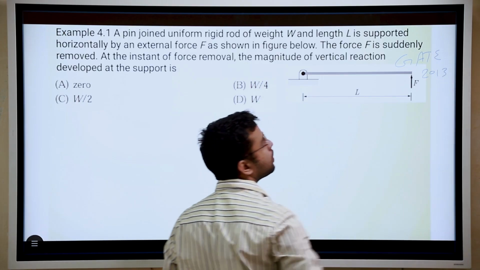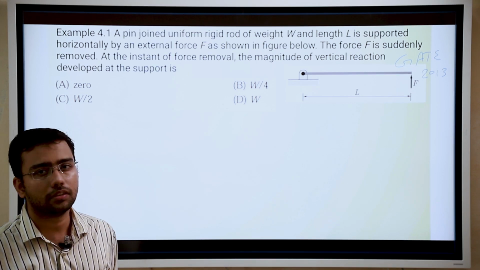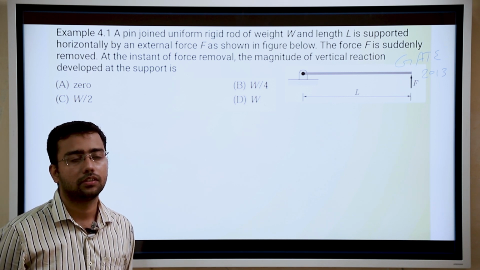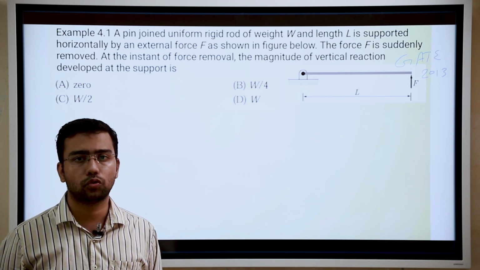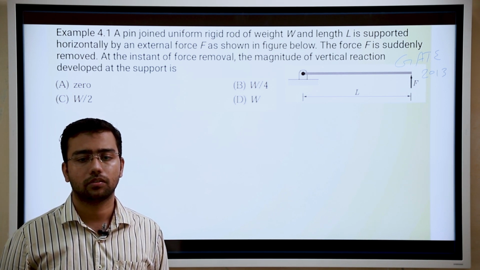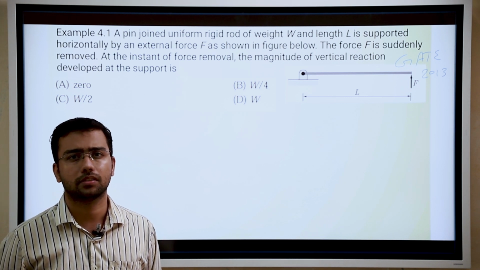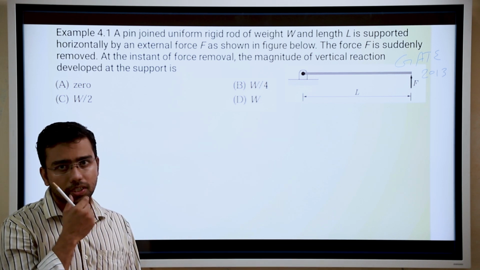It was the first time I wrote GATE and I got around 305 rank. But this was the question which decided whether I would get a job through GATE or not. During that time, if you got a rank under 250, you would easily get a job, with direct recruitment in BHEL and many other companies. But I got a rank out of 300, so I think this question was the main issue there.